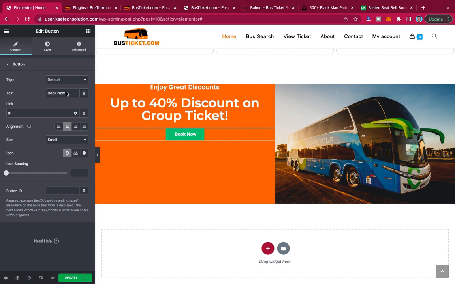Okay, so you can link it to your search site. So the search bar, we can link it to a bar search page, so that when people click over here, we send them to the bar search page. Okay, so book now. Now let's go to style over here,